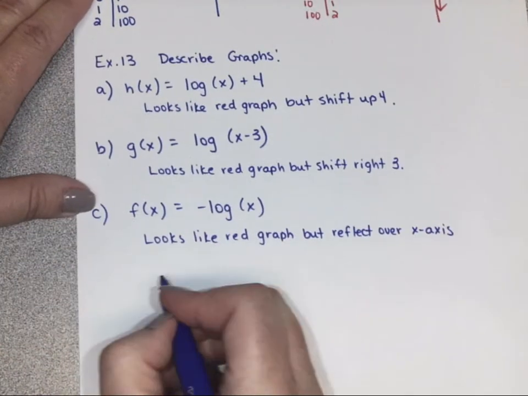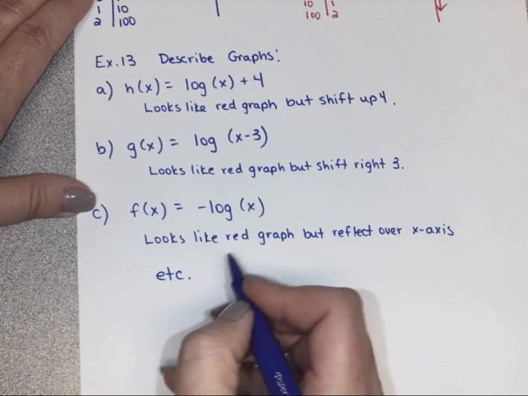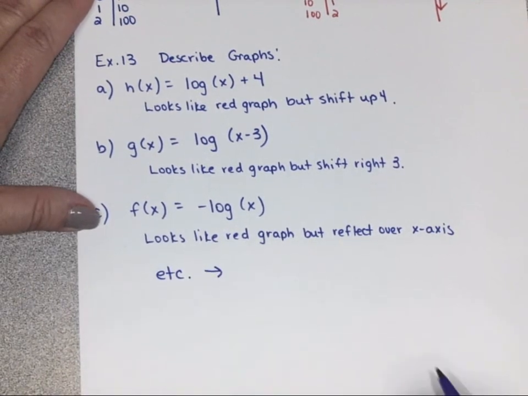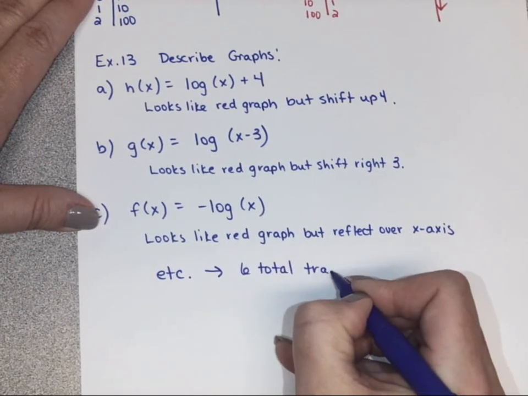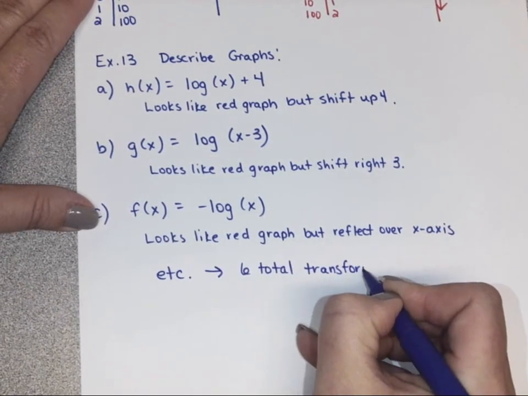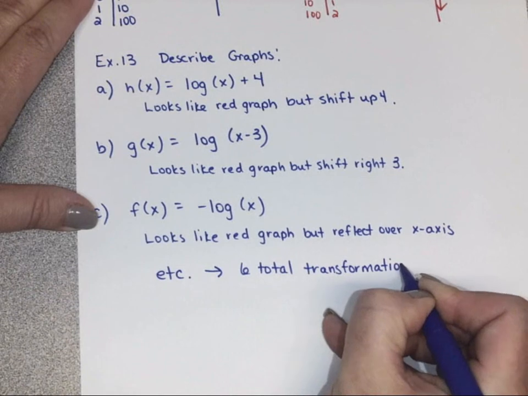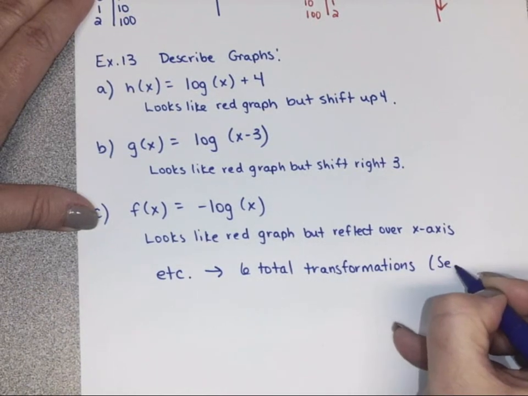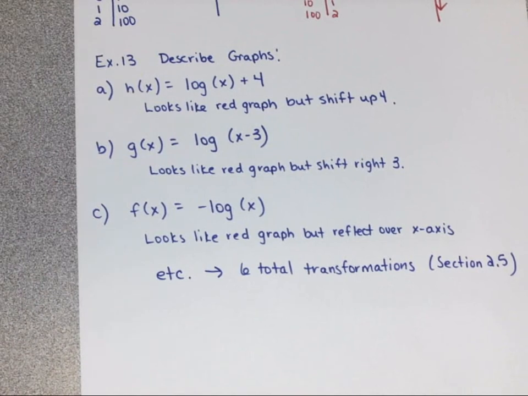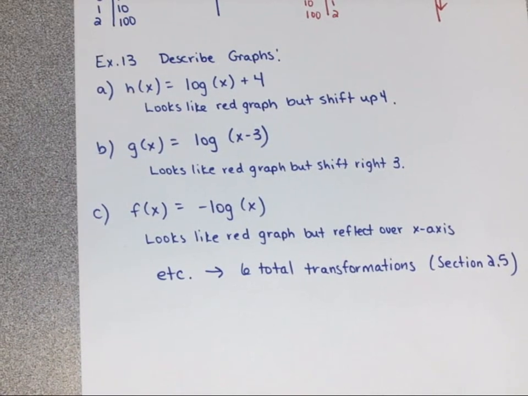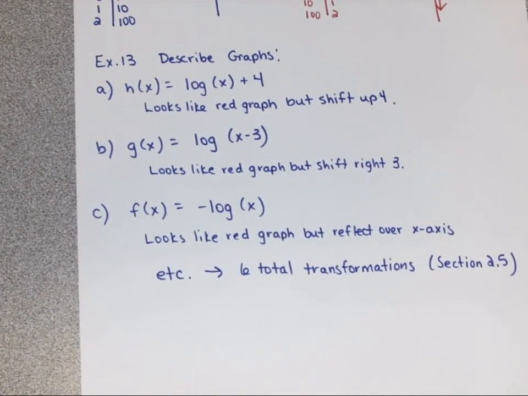Okay, so I'm just going to say etc. here, because how many changes are there total? Do y'all remember? 6 total transformations. And we don't necessarily have time for them all. Okay, but I think you kind of see the point, right? And if you need to, you can go back in section 2.5 and look at these. So remember, there's also reflection over y-axis. There's also vertical and horizontal stretches and shrinks. Okay, so you should be able to do